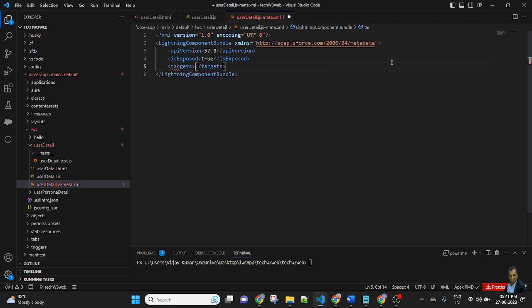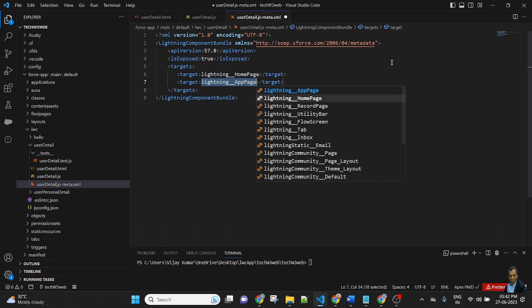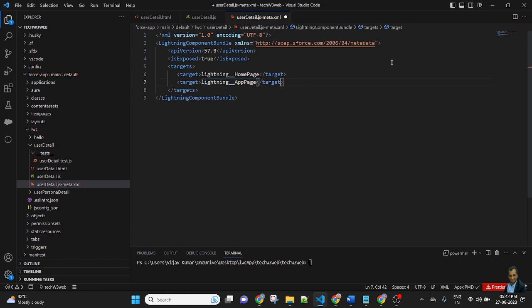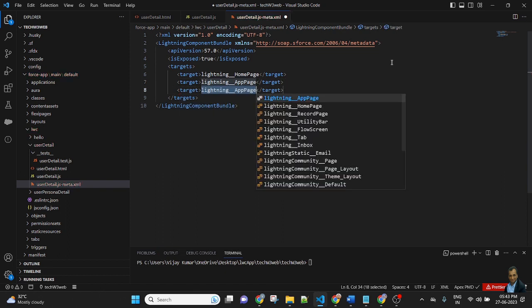Inside the targets, I add the target lightning homePage, then the target lightning appPage, and the target lightning recordPage.